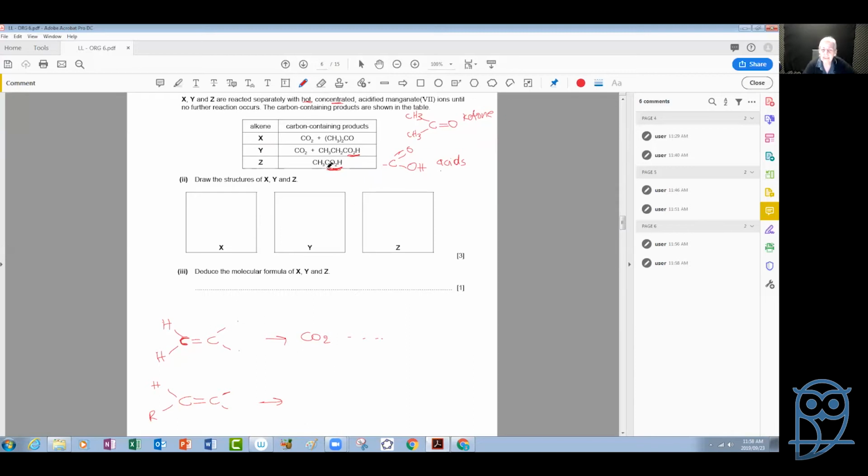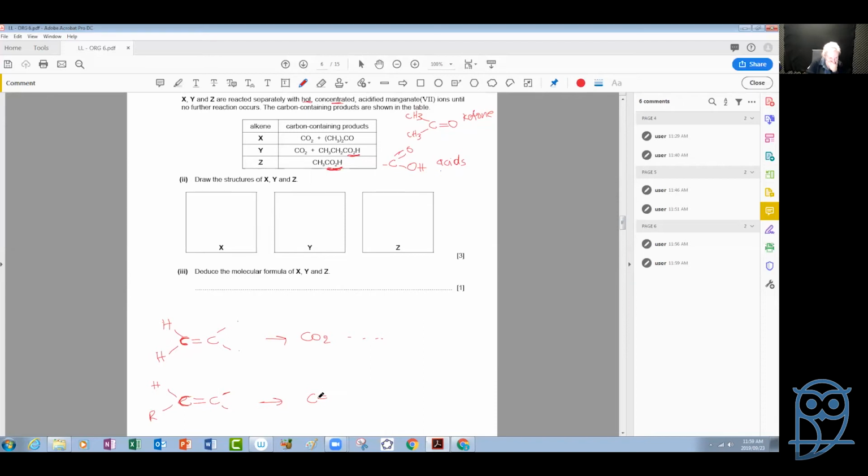So since we have two acids here, both the Y and the Z, this tells us that the Y and the Z compounds must have one carbon connected to one hydrogen and one other type of alkene here. Okay, so because these ones will give us, first of all, the first oxidation will give us actually an